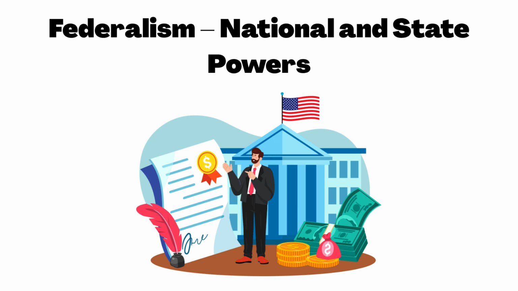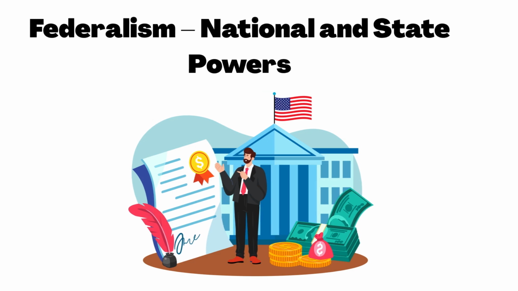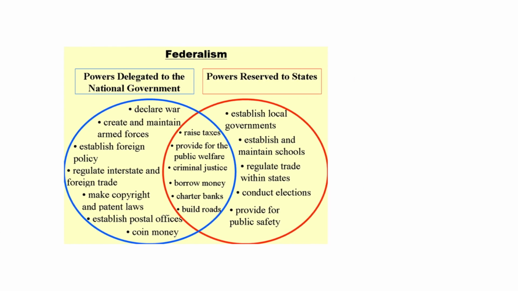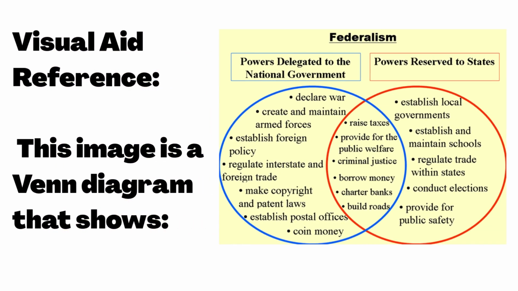Federalism, national and state powers. Federalism is the system that divides power between the national government and the states. The U.S. Constitution assigns certain powers to each level of government, and some powers are shared. Visual aid reference. This image is a Venn diagram that shows